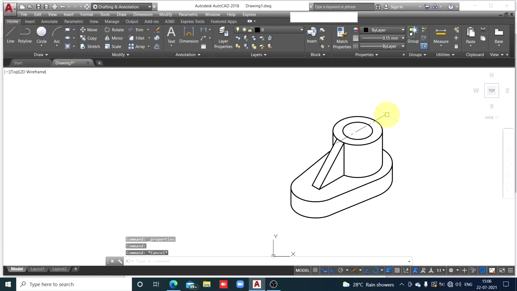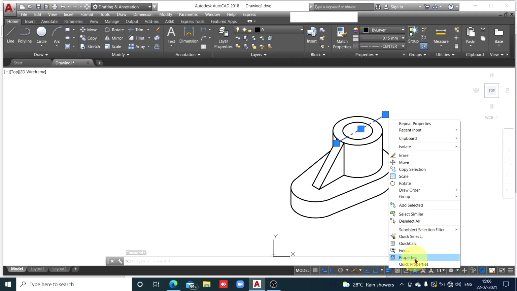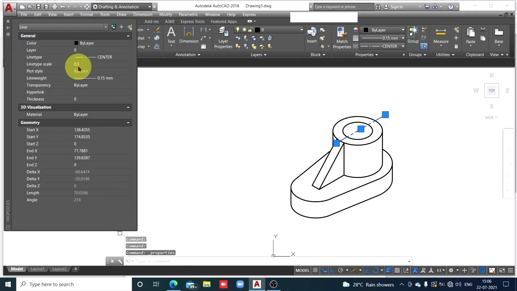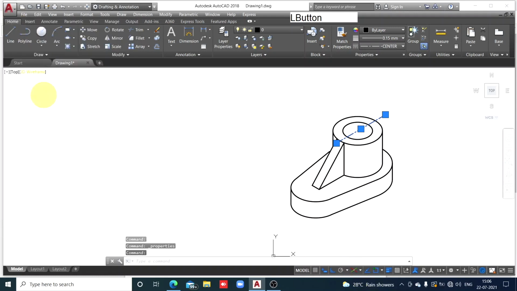But I think it is still longer than I prefer. So I'll reduce further. So select that, right click, properties, I'll make it 0.3, enter, escape. And now I think it's okay. So this is my center line.